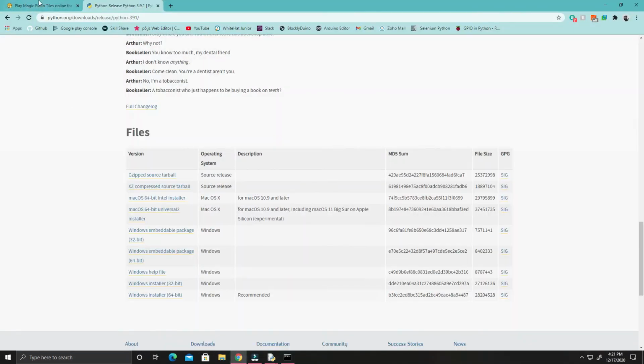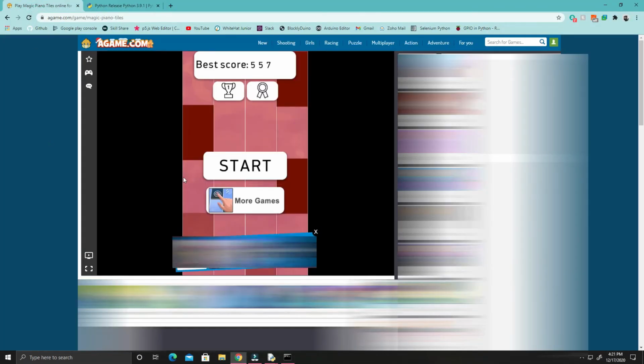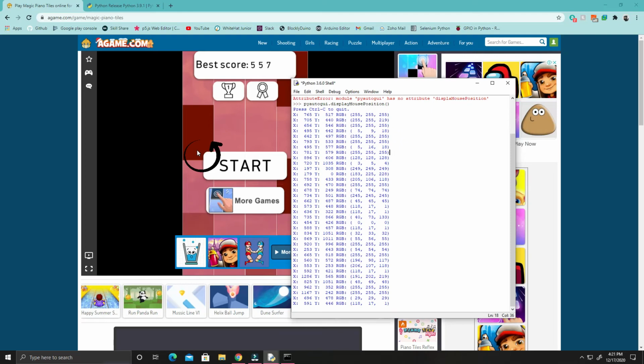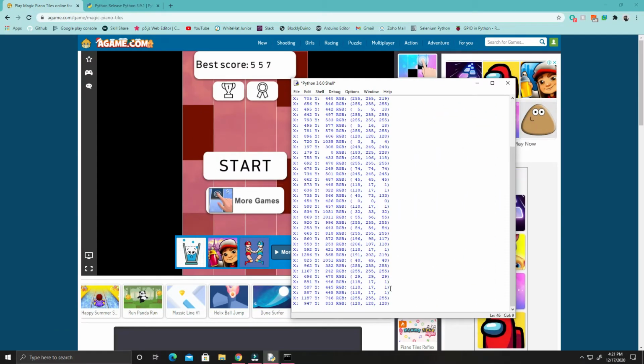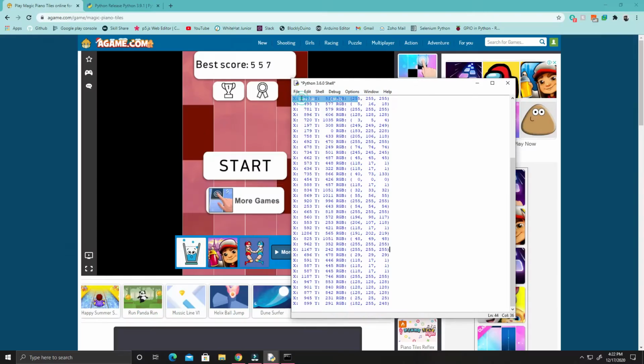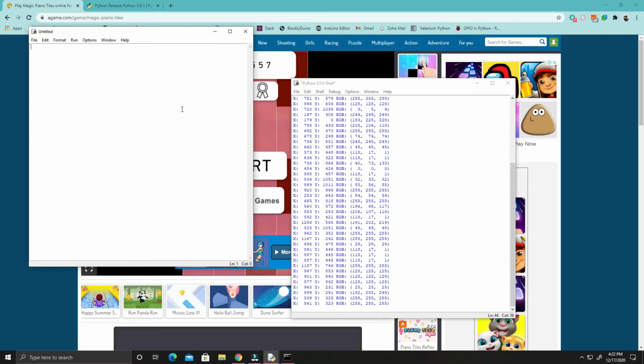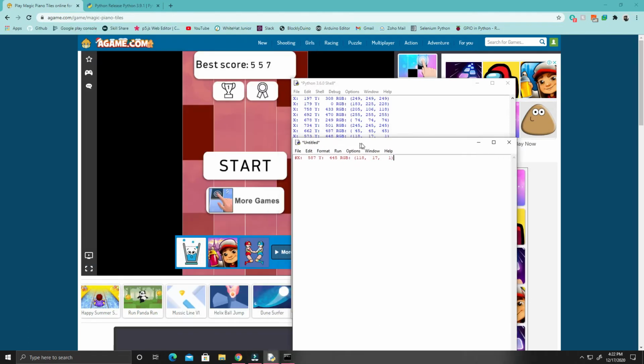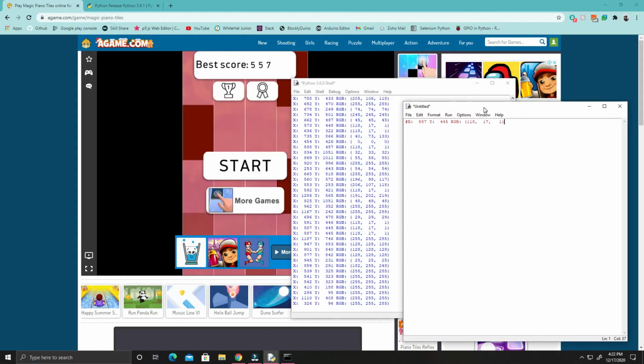Go to this website, the link in the description. Make sure you see the four lanes. Keep your mouse in the first lane, see the log, and copy it. Click file, new file, and give a hash, which means a comment in Python, which will not run while running the code.